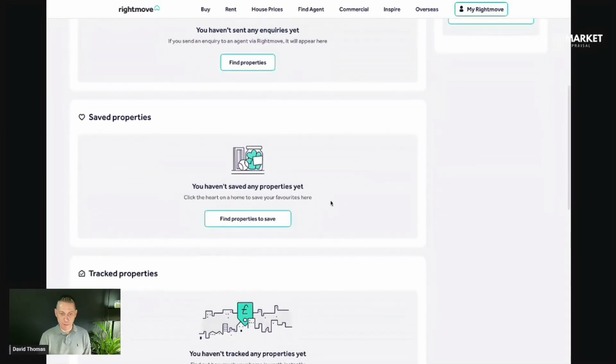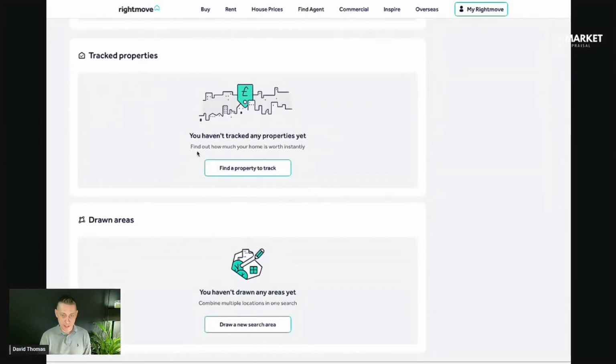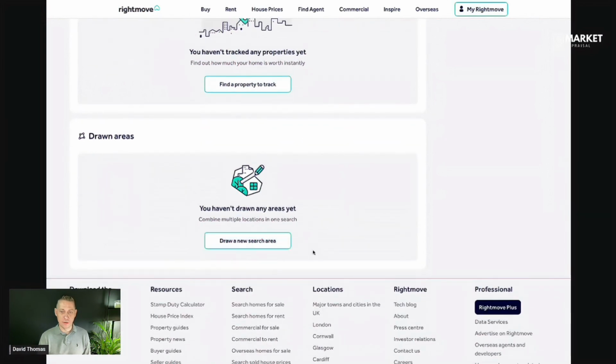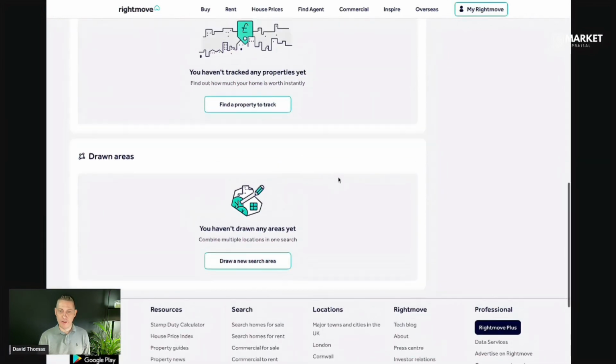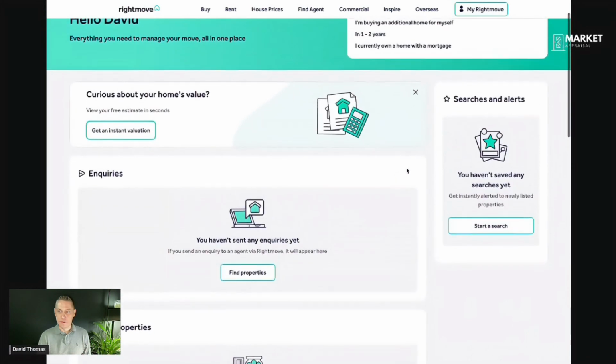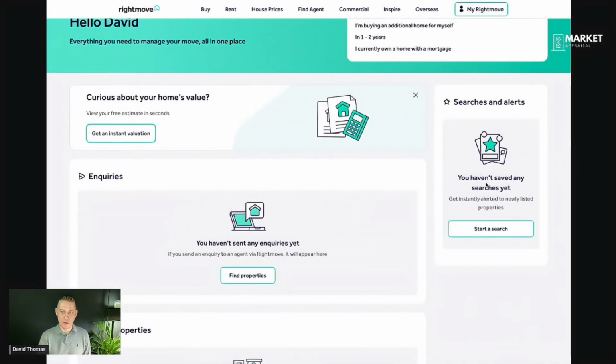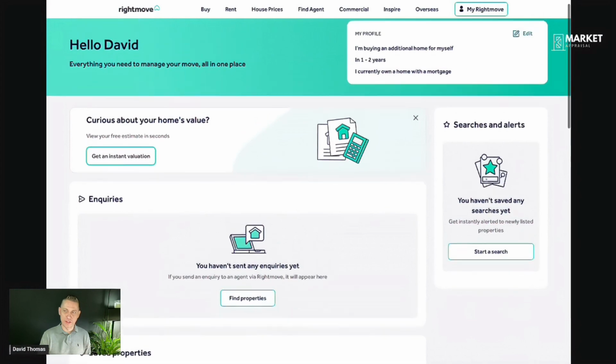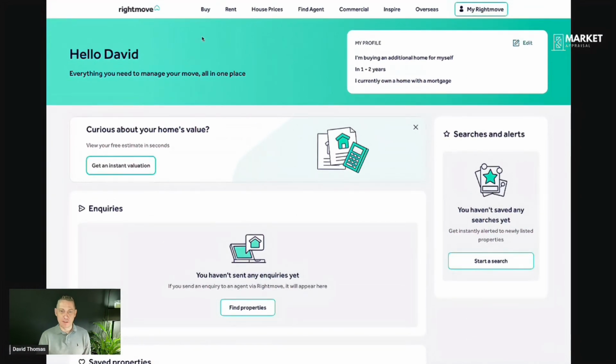You can obviously save properties. You can track properties, which will be really interesting when I show you that. And you can obviously do search areas where you can draw the area and then save those as well. It'll keep a log of any searches that you do in terms of the filters and things. So let's have a little play around, and hopefully this will make it a little bit easier for you to